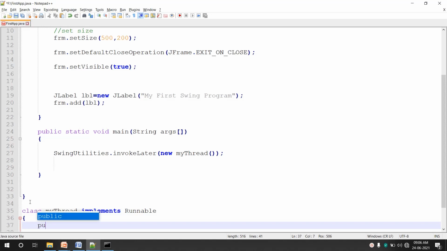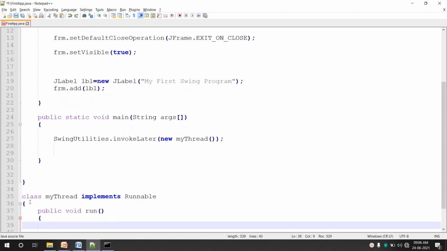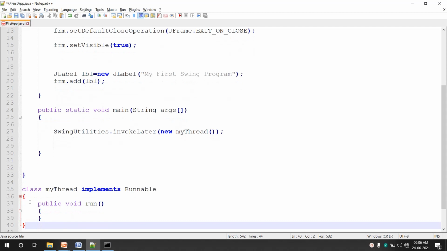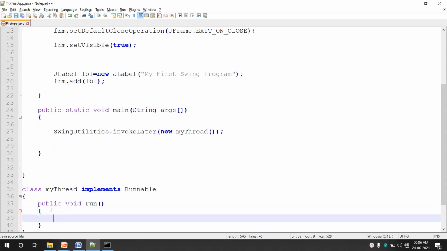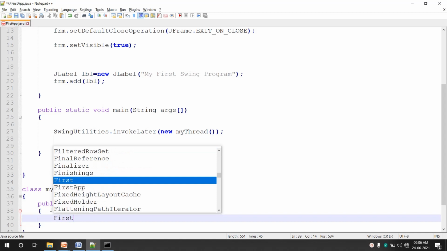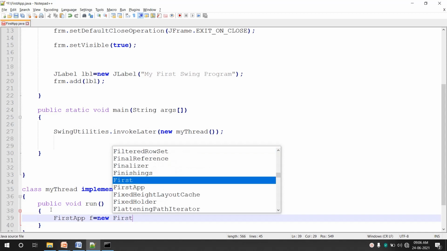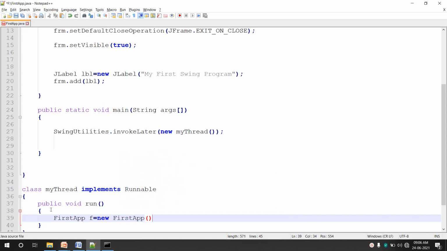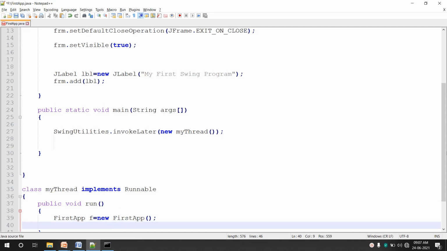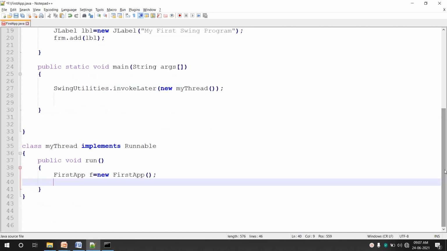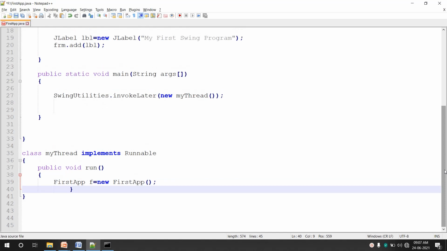And a method, public void run. From inside this we can create our GUI by calling FirstApp f = new FirstApp. Like this we can create a thread and we can call our GUI.